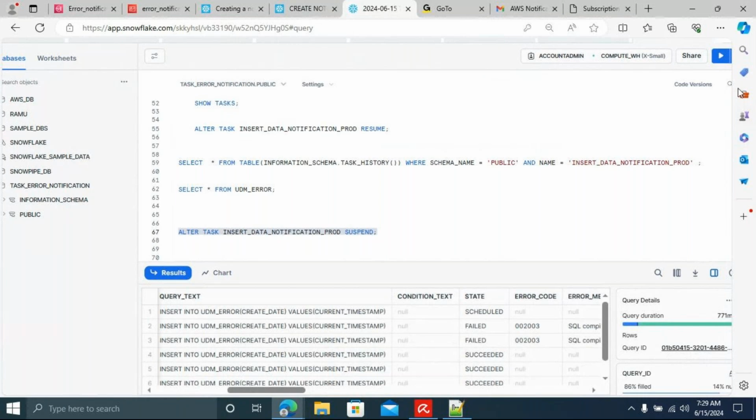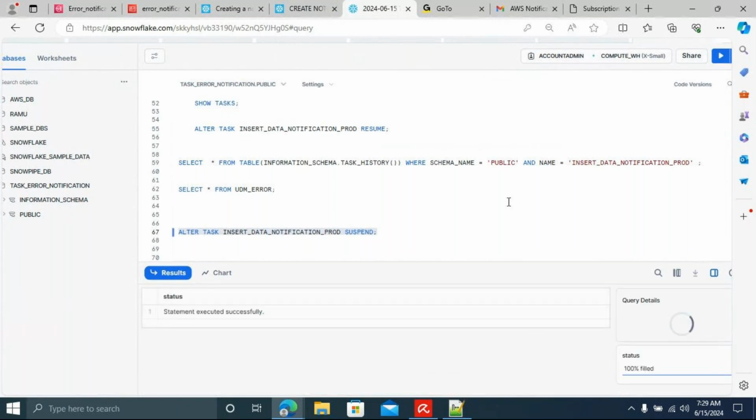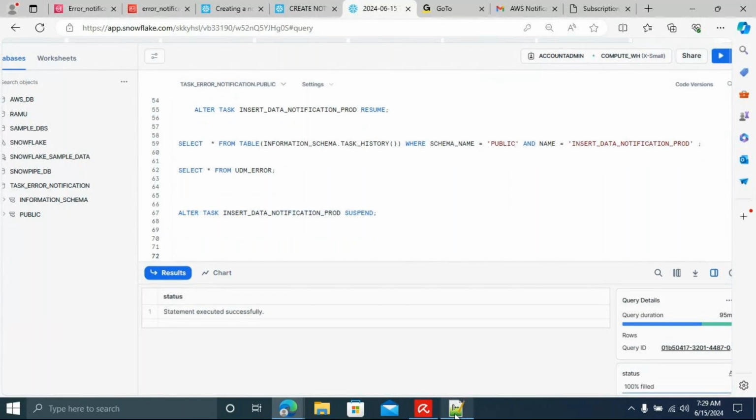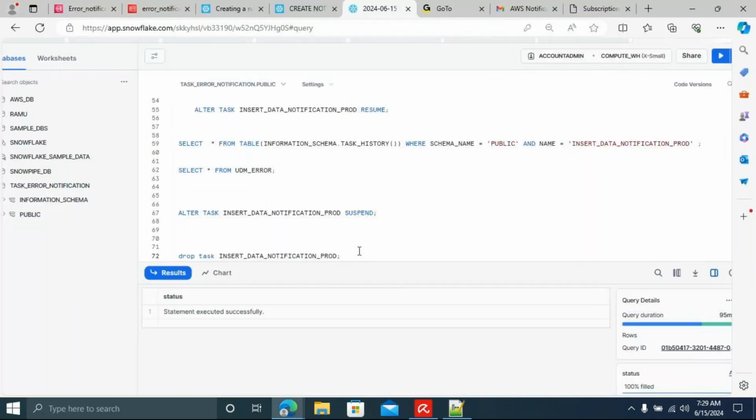That's it. Now it's suspended. If you want to drop the task, you have to use the same kind of command: drop task name. You can drop the task as well.